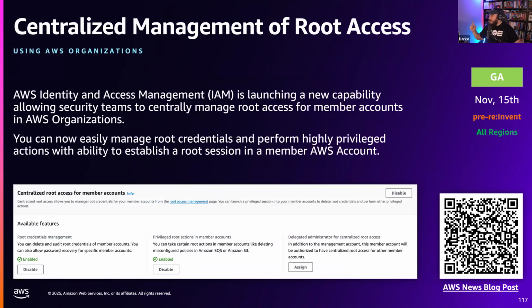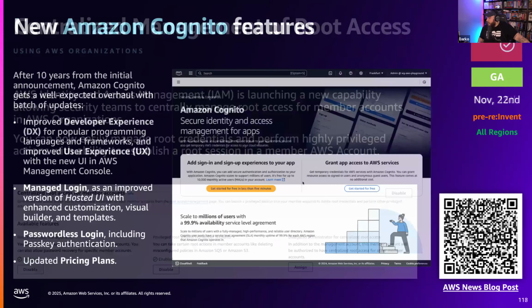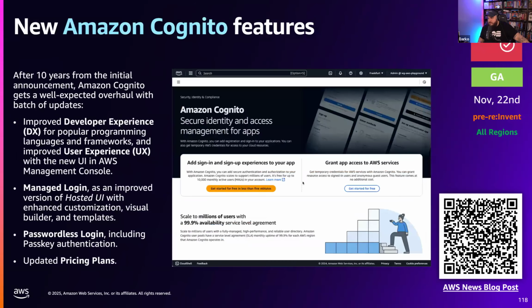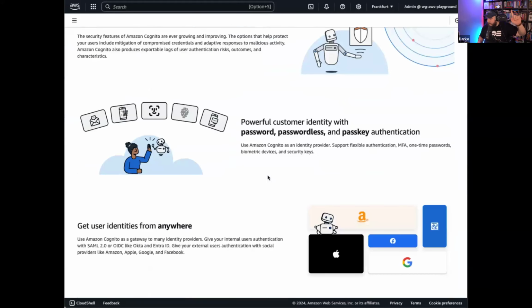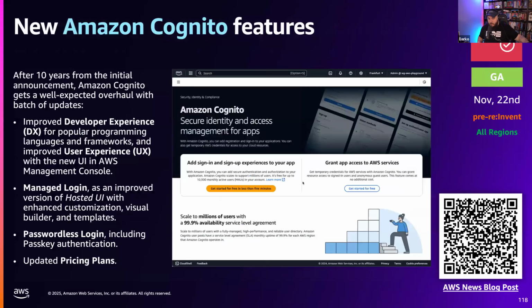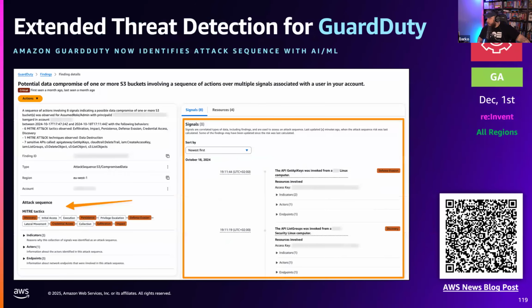Amazon Cognito new features. This is a really cool thing. If you've not tried Cognito out in the past, I understand why not, because it was kind of tedious to set up, but it's incredibly easy right now. I want to say a one-click solution, but a click of a button, it creates a user pool and gets you all the code you need to set up that user pool in your web applications. Wonderful. The new user experience is just fantastic. There's a demo. I don't have time to show you the demo because I have to move on, but I'm going to show you this later on.